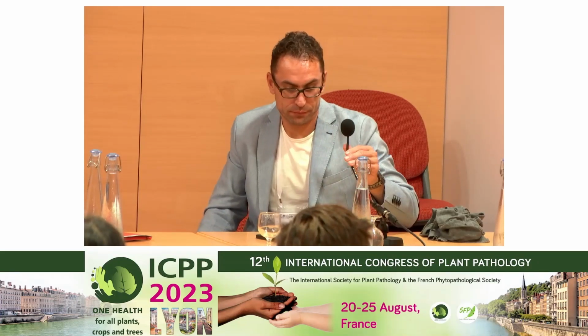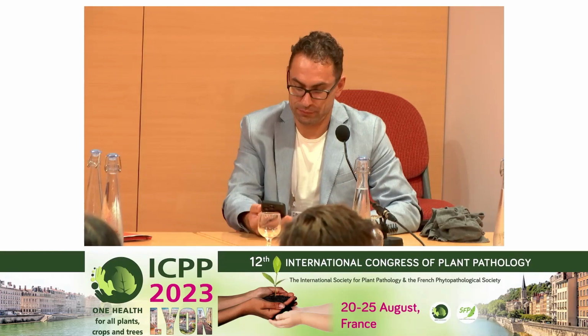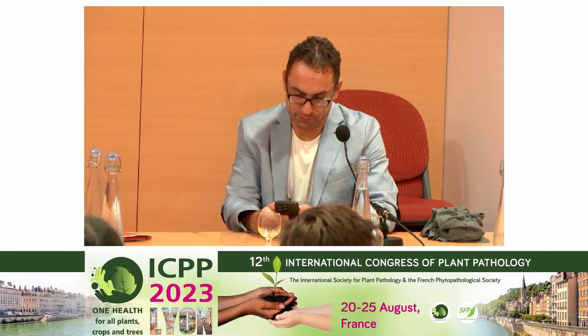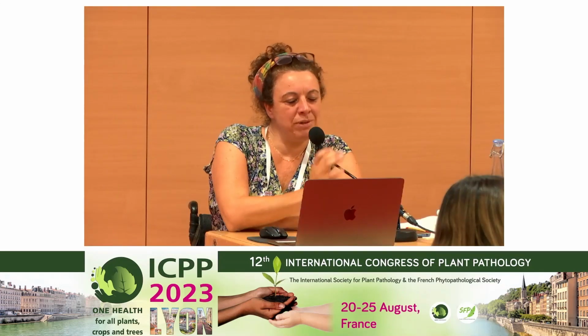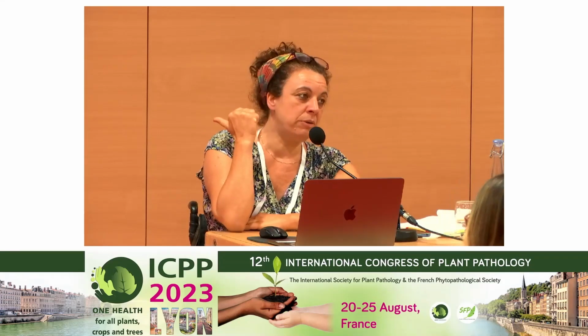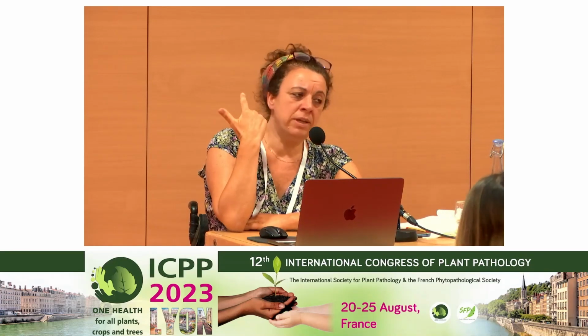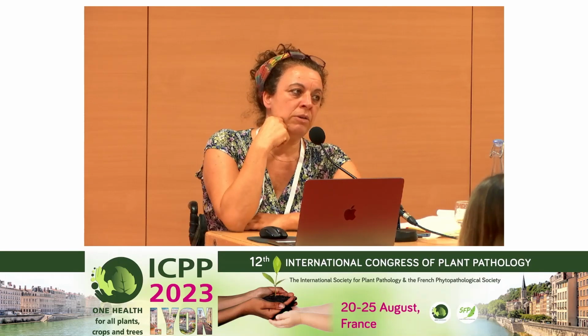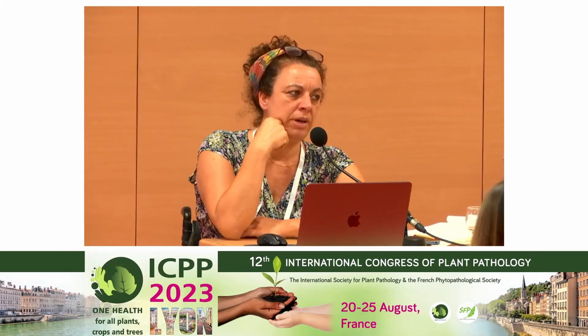So you mainly tested cauliflower mosaic virus, right? Which is a non-circulative virus. Would you expect differences when you look at persistent or circulative viruses? Very, very good question. In fact, we did it. So I presented the result with the CaMV, but we also did it with another non-circulative virus, which is a potyvirus,